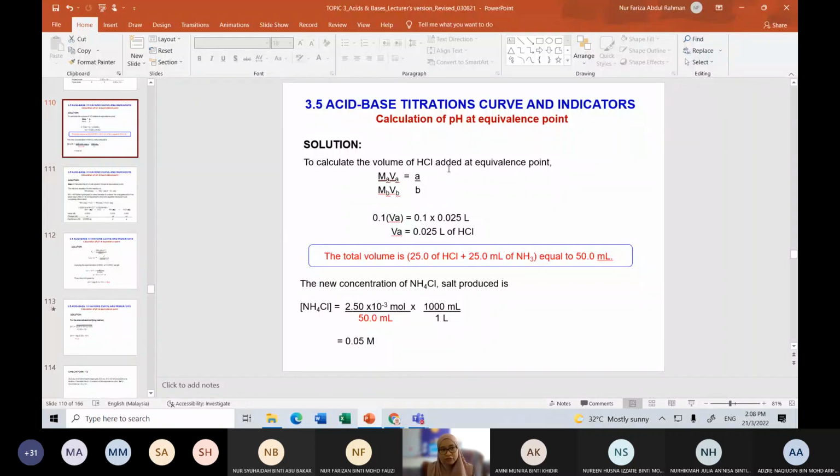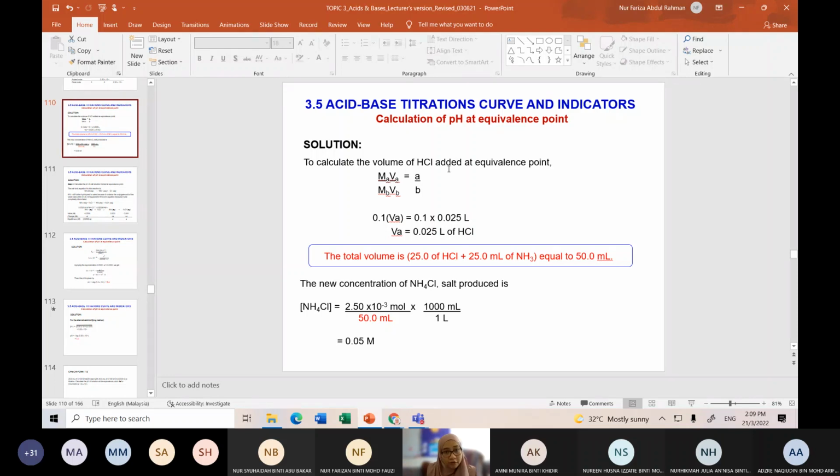So when these two neutralize, it will produce product. The product is what we call salt. Okay, so at equivalent point, the species that is present is only the salt and water as well. So the pH that we are calculating at equivalent point is actually the pH of the salt. Okay, it's the pH of the salt. We don't have acid and we don't have base at this equivalent point. Okay, and we know that salt,